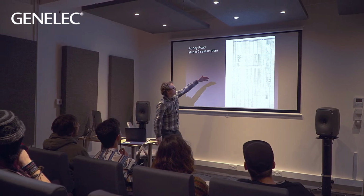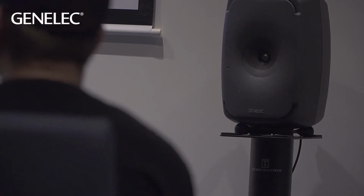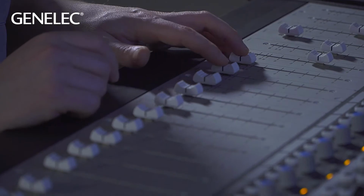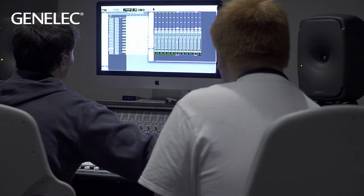I think one of the big motivations that led our managing director to set up dBs was the frustration at the lack of real quality equipment in a lot of the music production courses. So they actually started where the focus was slightly different. The focus was more on an actual studio itself. So they had all of that pro-level equipment in the place already, and it was then teaching people how to